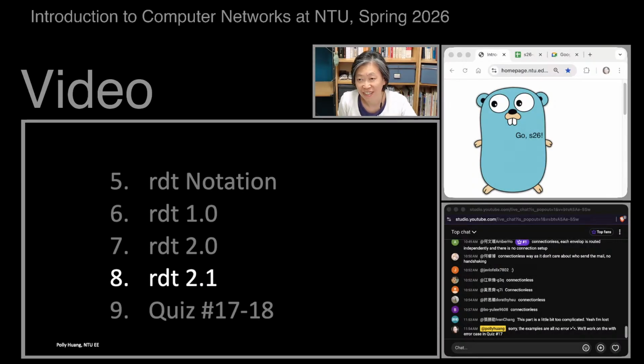All right, so I hope that most of you pick up 2.1, and those who have a little bit of trouble, exercise a couple more times, for example, using quiz 18. That should help. With that said, that's all for this week, and we'll continue with RDT 2.2, and guess what? There's also RDT 3.0. There's also RDT pipelining coming up